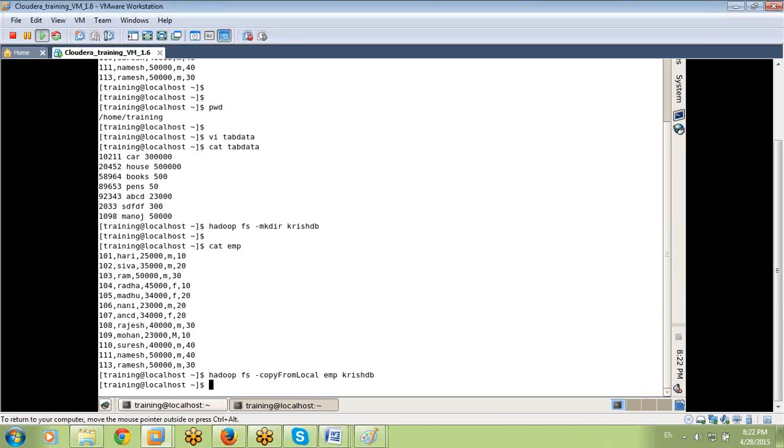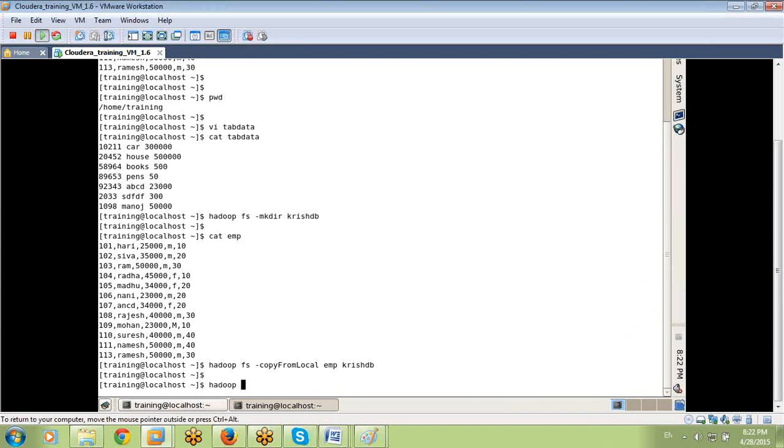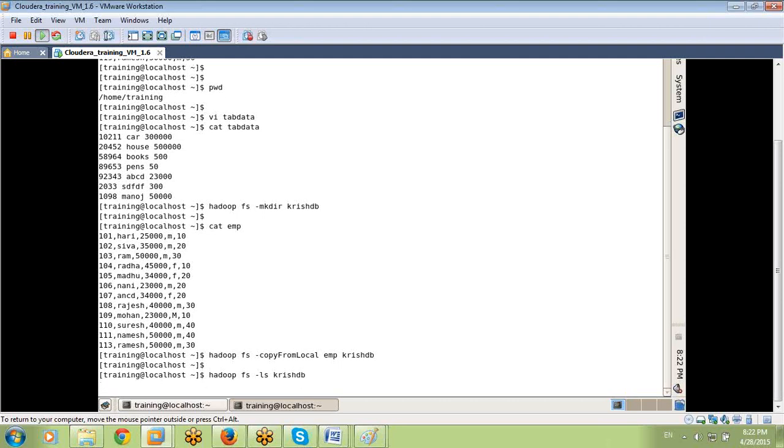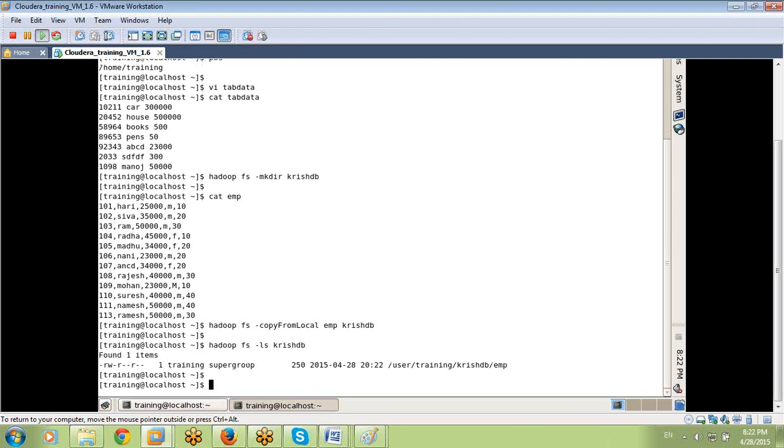We have successfully copied it. I want to check it: hadoop fs -ls chrisdb. Enter. Yes, one file is there. The file name is emp. Now I want to see the data in this file.